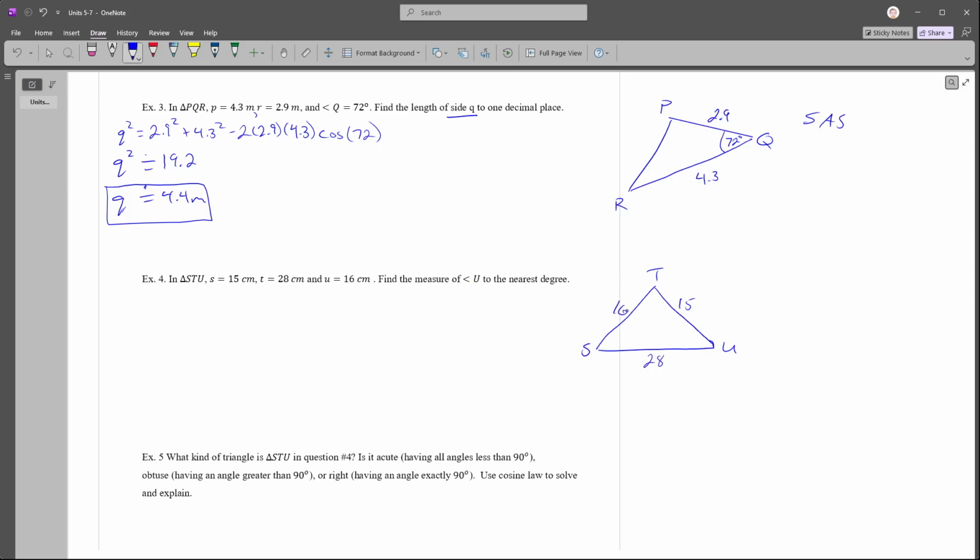That looks like side, side, side to me, which means SSS. So now we can use the cosine law, but this time looking for the angle. Which angle are we looking for? We're looking for angle U. Okay? So that means we can write cos of U is equal to our first side length. So in this case, we don't want to use the one that's for our angle that we're looking for. So we're going to say 28 squared